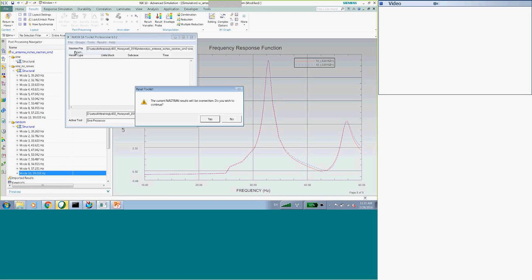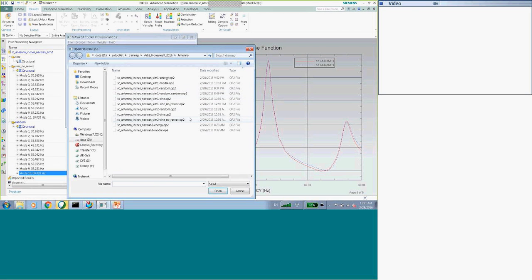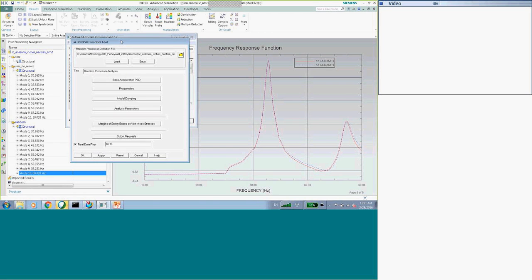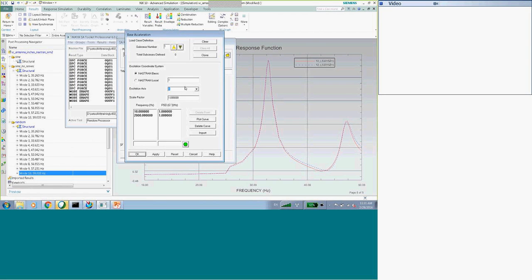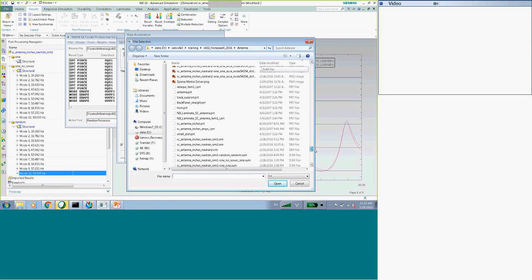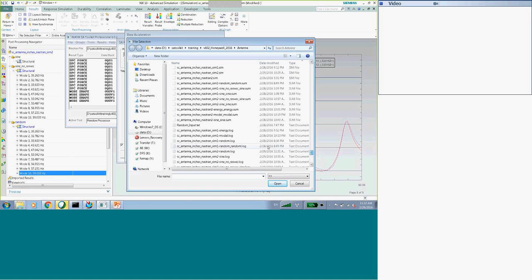So I'm going to open this OP2 file, with the failure indices, my stresses, mode shapes, constraint force. So I'm going to use the random processor, finding a power spectral density, and I'm just going to read in a text file.